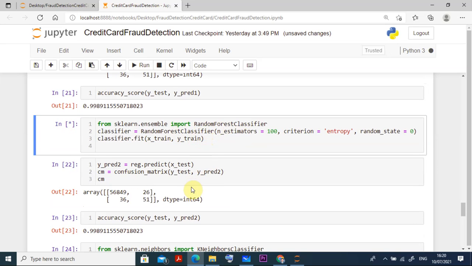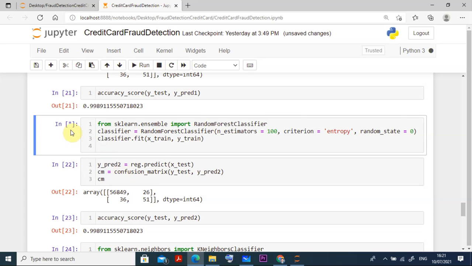It is running. You can check it here. So 5 4 3 2 1 and 0. Still it is running. So I thought within 5 seconds it will run, but it is taking some more time. So don't worry, it will come. So once it is over here, then we can go for the prediction also, prediction 2.